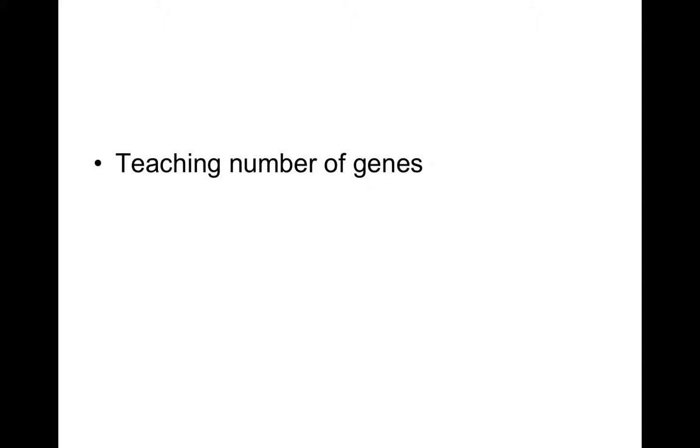An example from my own teaching career is when I first started teaching the IB, I remember teaching that there were 100,000 genes in the human genome. That was the best way to explain the diversity of phenotypes seen in humans. And if I had asked on a multiple choice question, I might have said, how many genes are in the human genome? 100,000, 50, 25, 10. And if you had circled 25,000, what people think to be the correct number, I might have marked you wrong.